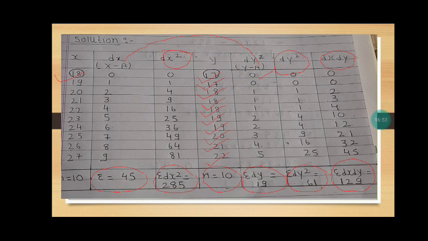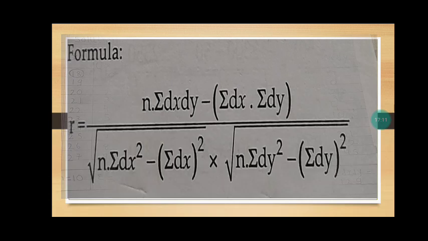Okay, here we are done with the preparation chart. With the help of the given problem we have calculated the different terminologies that we need to put in our formula for calculating the coefficient of correlation. Now we are going to apply the formula after making the preparation chart. So what is the formula?